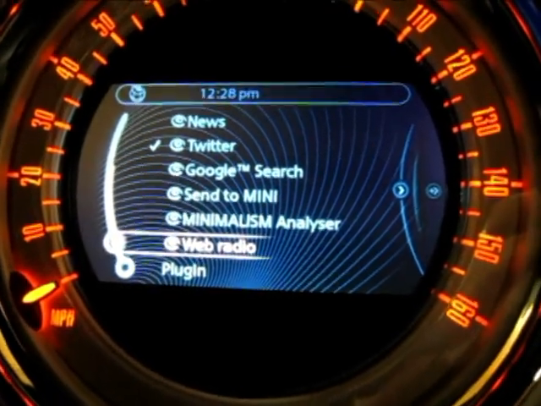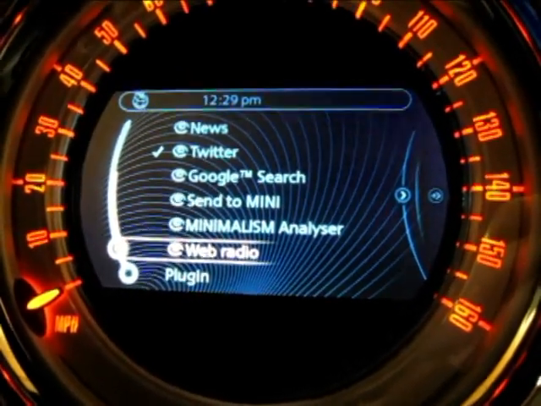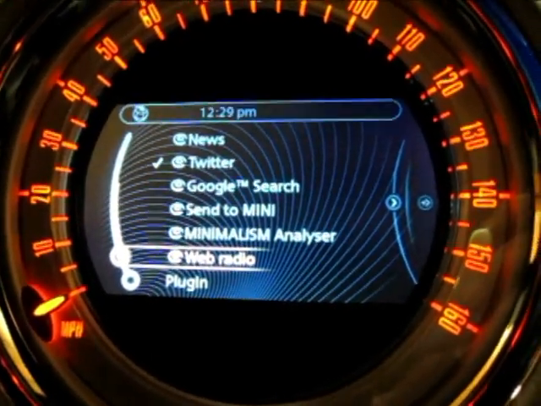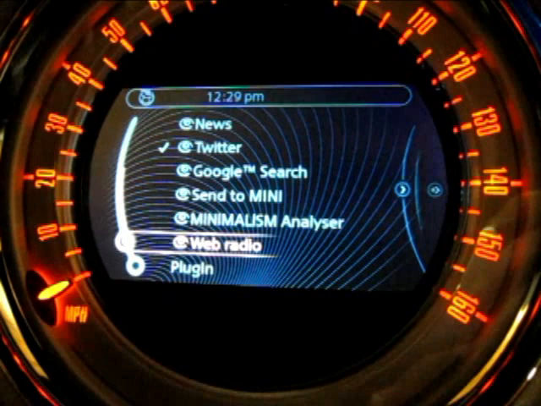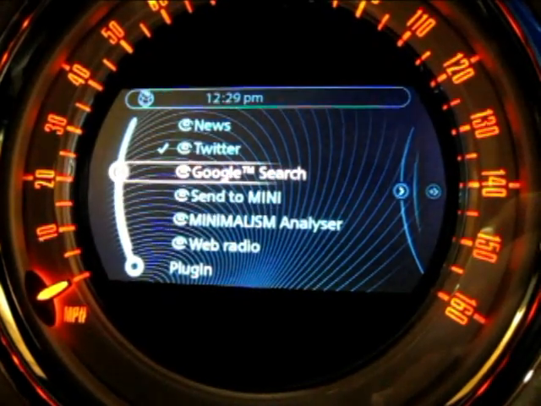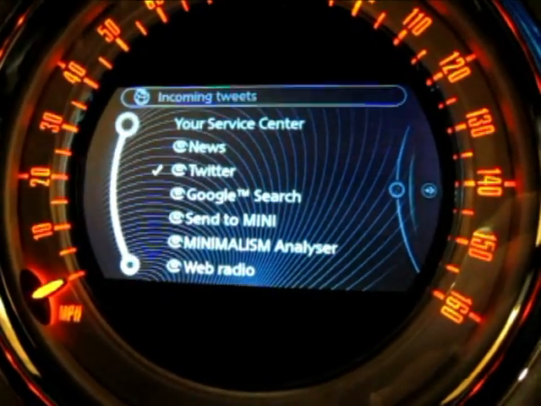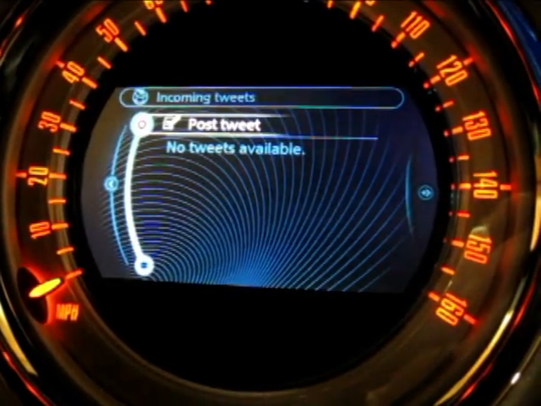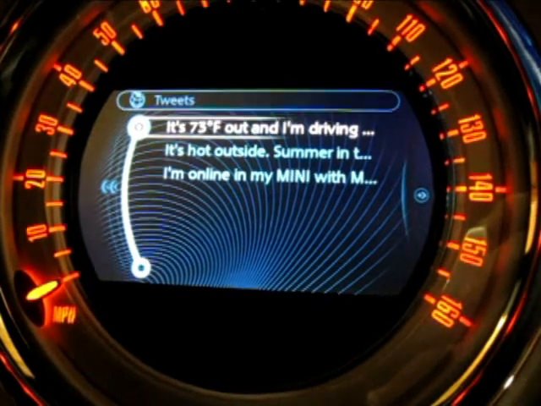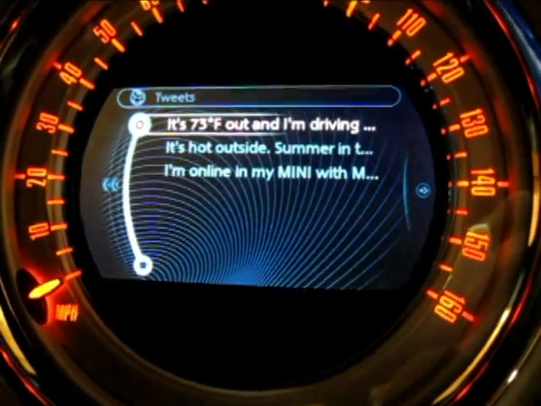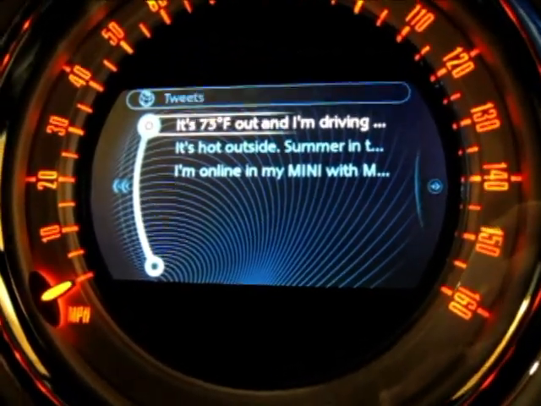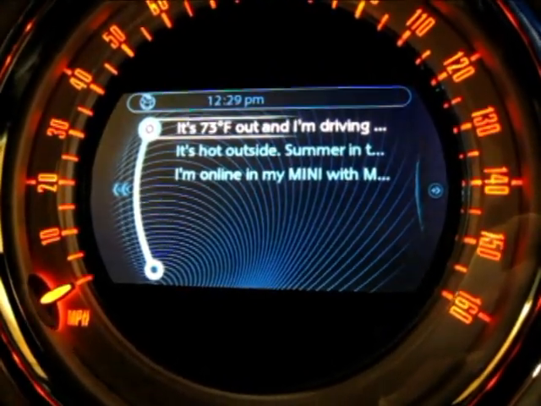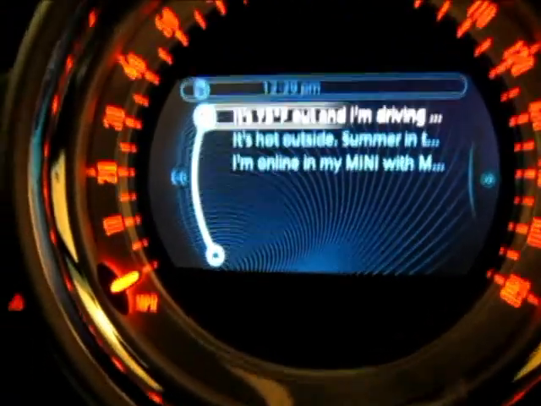And web radio, which has access to thousands of streaming radio stations all across the world and can listen to right in your car using the phone's wireless connection. And so by utilizing this Mini Connected technology, we can do things like access our Twitter account while we're in the car, and within Twitter we can, for instance, post a tweet. But we don't want to have the driver obviously typing out a tweet. It's the first thing people ask, oh, why would you, that's so distracting. And, yeah, definitely we're not going to be typing letter by letter, I am in the car and I am